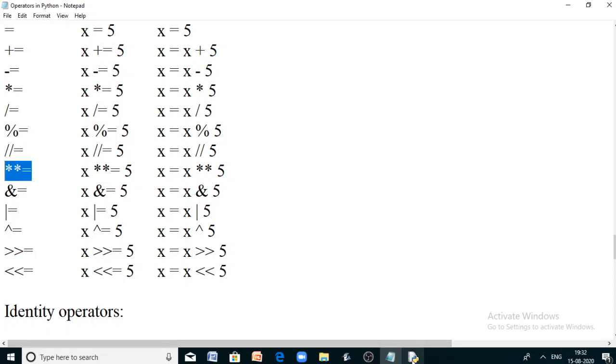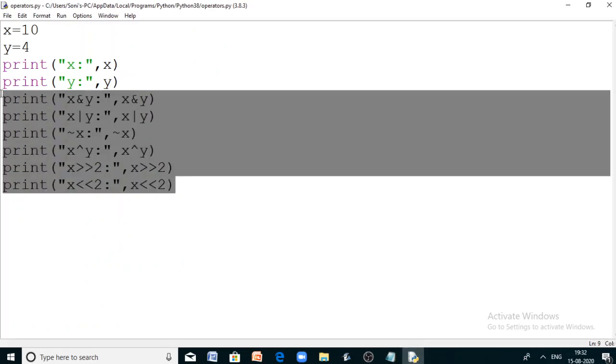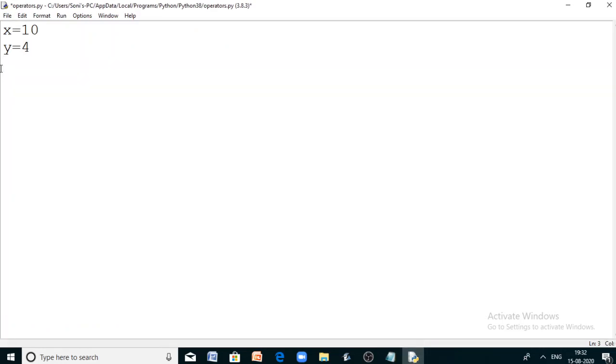Let us have a small example on the power operator, right? For example, let me have x is 10 and y is 4. Now let me have z is equal to x star y. Now what does it mean? x raised to the power y, that means x to the power y. So this is the meaning of this star. Star is otherwise called the power operator.